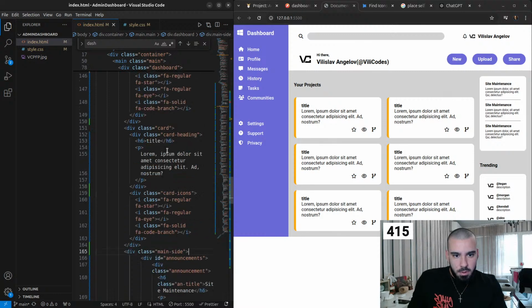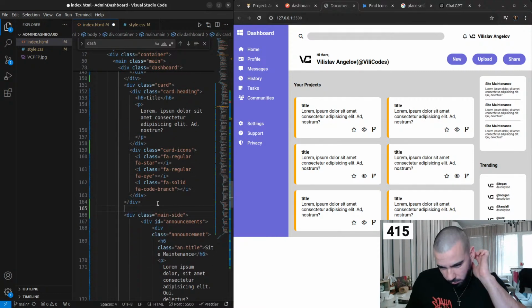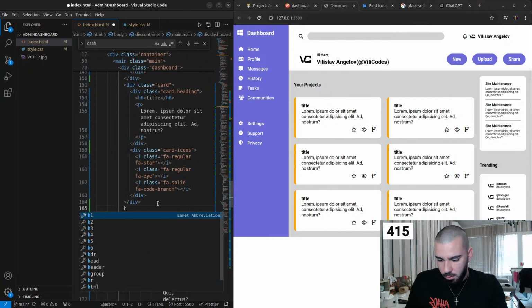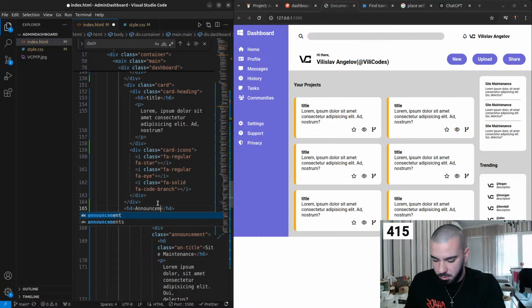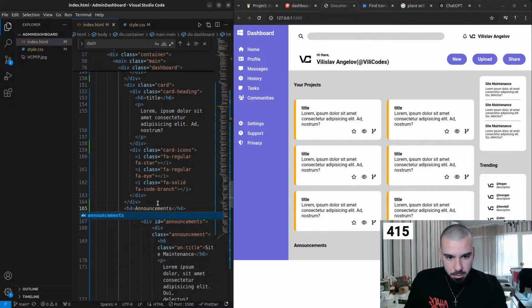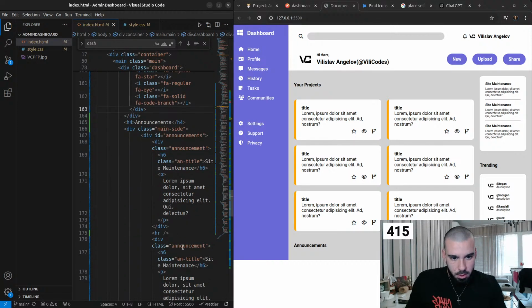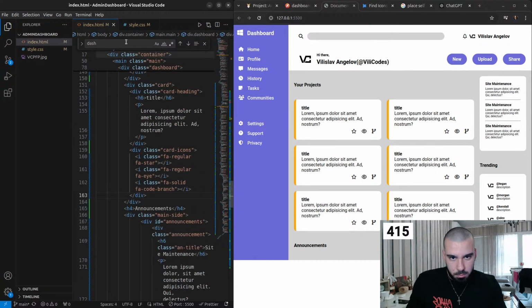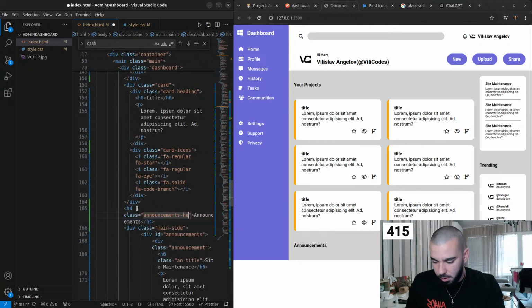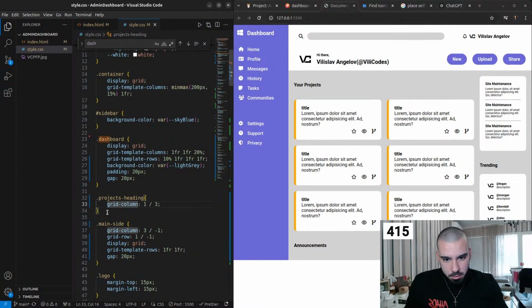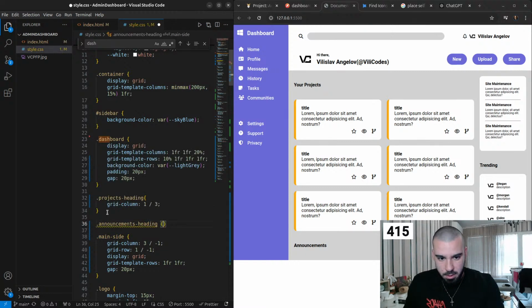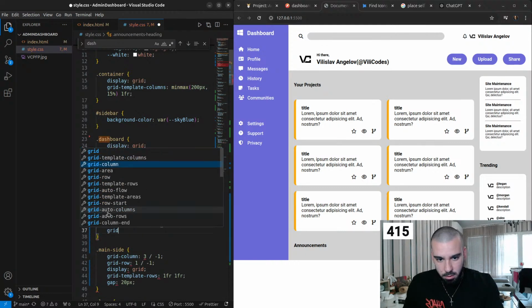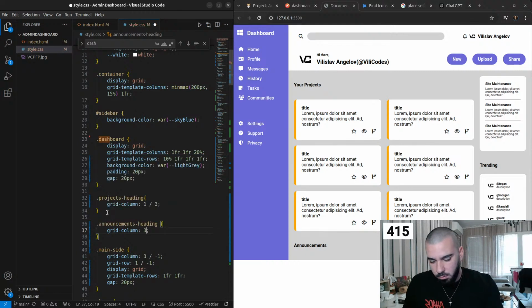and where shall we put, like, h4, was it h4 announcements? So that goes at the bottom, but in the source code it's right on top of the announcements. We can give it a class of announcements heading, I'm just going to copy that so we don't have any more of those problems when typing out the name, and we'll position it. So we'll do announcements heading, and we'll do grid column. We'll do from third to -1,